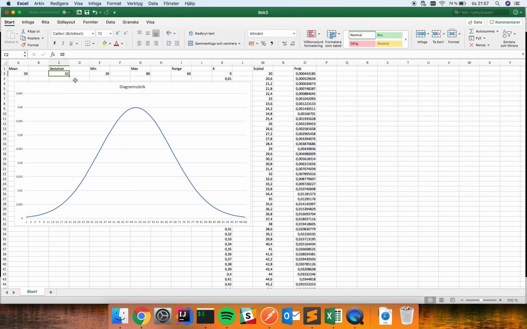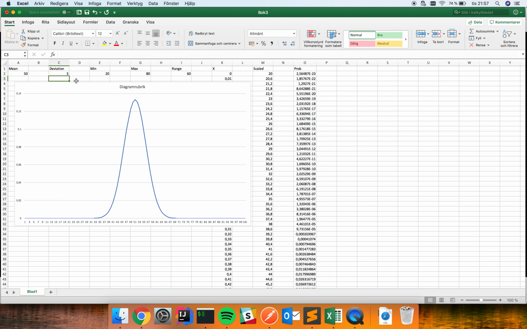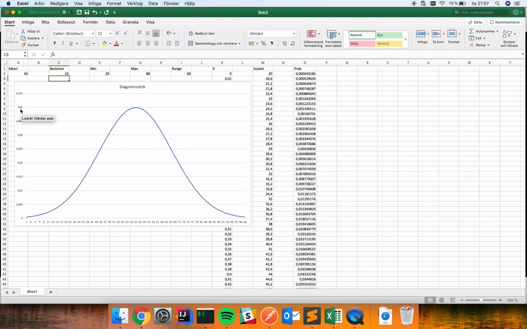And if you do a smaller deviation, like the number 2 or 3 or whatever, you get an even narrower curve. And also pay attention to the y-axis here. If we make it a more narrow curve with a smaller deviation, that is going to mean that we're going to have a higher probability of ending up here. So the y-axis here is changing, so pay attention to this. If I make a wider curve, we're gonna get less probability,